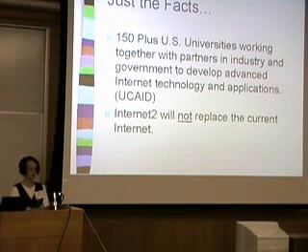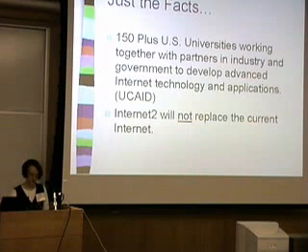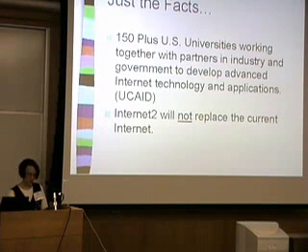Just some facts. Right now they're up to 150 university members. And Internet 2 is basically going to act as a testing ground for new technologies. With the current traffic on the Internet, new technologies can't sufficiently be tested and developed. So Internet 2 is aiming to create and sustain a leading-edge network for the national research community. They also hope to direct network efforts to enabling a new generation of applications that fully exploit the capabilities of a broadband network.